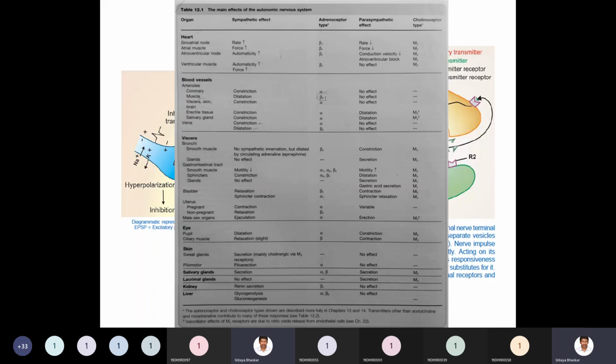You know, adrenaline is the hormone of fight and flight. So while fighting, you can observe your heartbeat will be very high. That can be called tachycardia in technical terms.